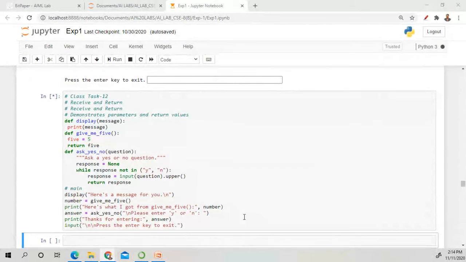Any doubt till now? We can explain those doubts till the time it is going to execute. You may ask your doubt right now, or we can take a poll right now. Okay, so let's take a poll.